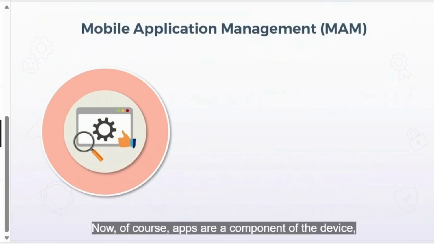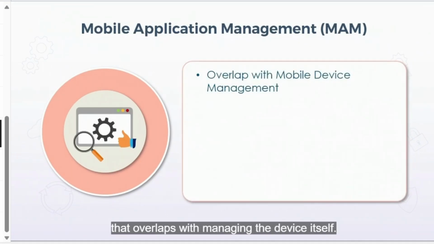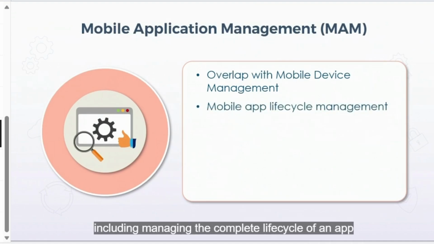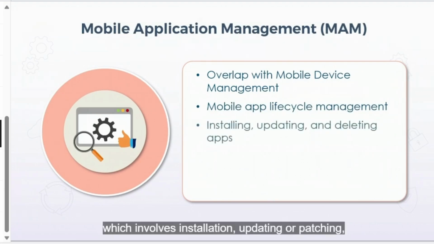A related component of MDM is MAM, or Mobile Application Management. Now, of course, apps are a component of the device, so at the end of the day, you're still managing the device. But mobile application management is just a specific subset that overlaps with managing the device itself. But it can be managed using a separate set of policies and configurations to allow application administrators to focus on just the apps themselves and how they're configured and used, including managing the complete life cycle of an app from its initial development and deployment through to its eventual retirement,